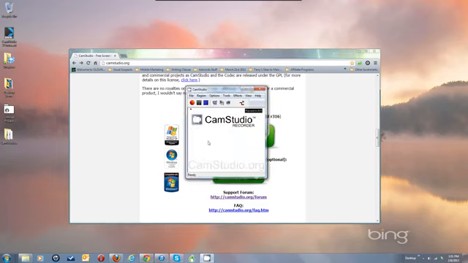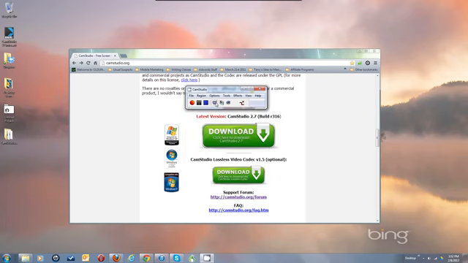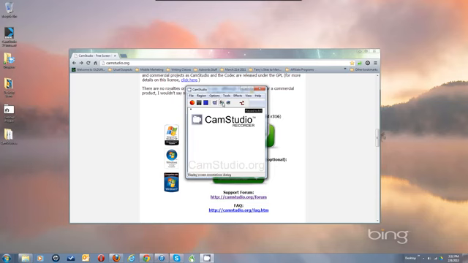Let's go through the settings that you're going to need to make it work. Okay. So right away under File, you've got Record, Pause, Stop, and Exit. Is all that's under the File thing. Those are reflected in these buttons: Record, Pause, Stop. Okay, and Exit, of course, is the X button. These buttons in here let you switch modes, so you can change the view so that you see less of the CamStudio window. You can bring up the screen annotations dialog, which we're not going to go into in this video,